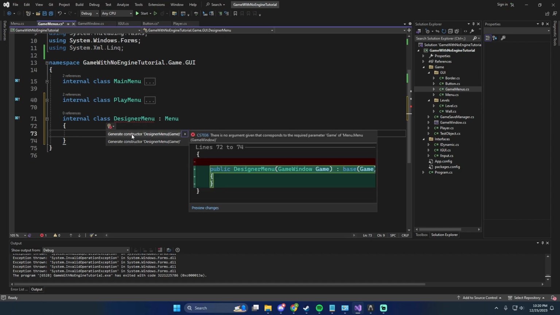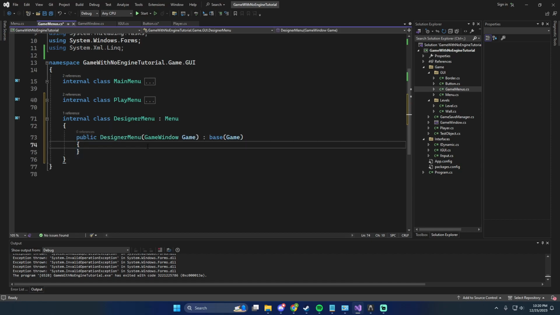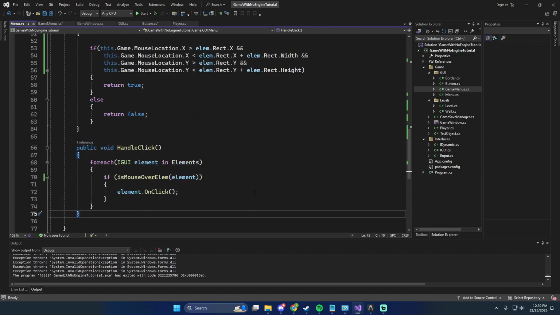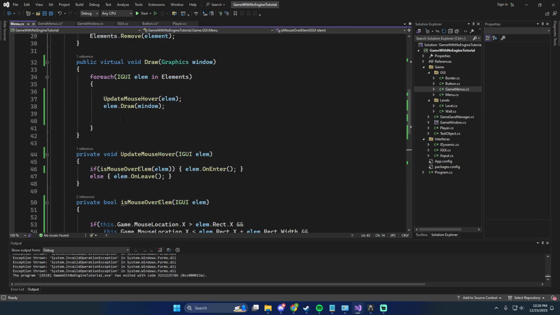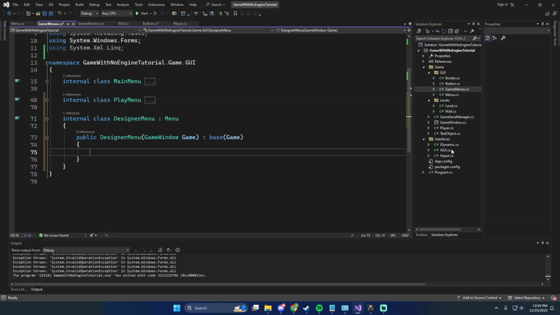And we'll show potential fixes. We want to generate a constructor. So we're not doing anything like crazy with this one. We're actually going to change the behavior menu later. So we're going to change how hover is calculated because we'll see that it gets calculated weird. And then we're going to update some behavior inside the draw to tell it to draw based on the camera's position rather than just in general. So